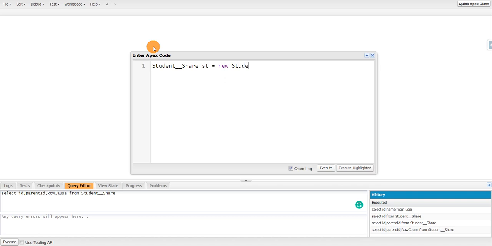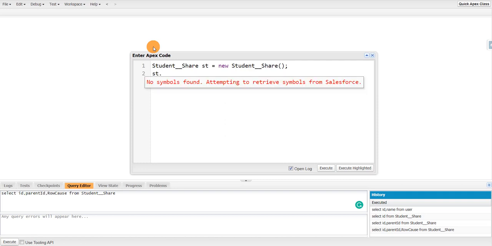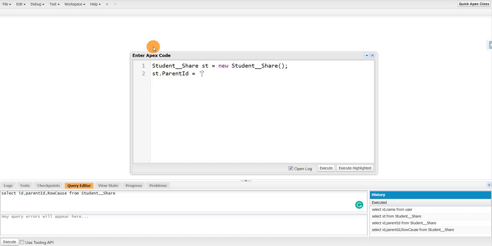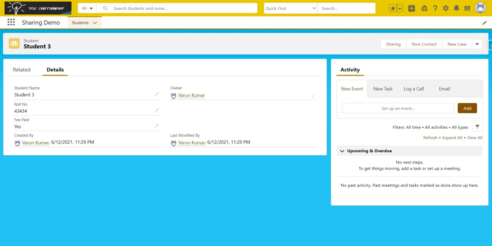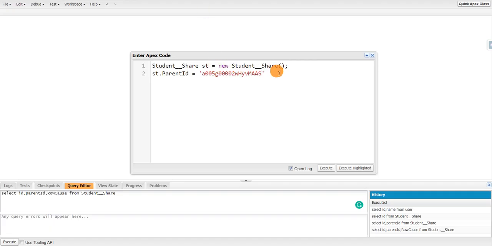Create an object for it, student share, and here st.parentId. Parent Id is nothing but the record Id which you want to share. I want to share the student 3 record, so I'll copy this Id from the URL and paste it here.